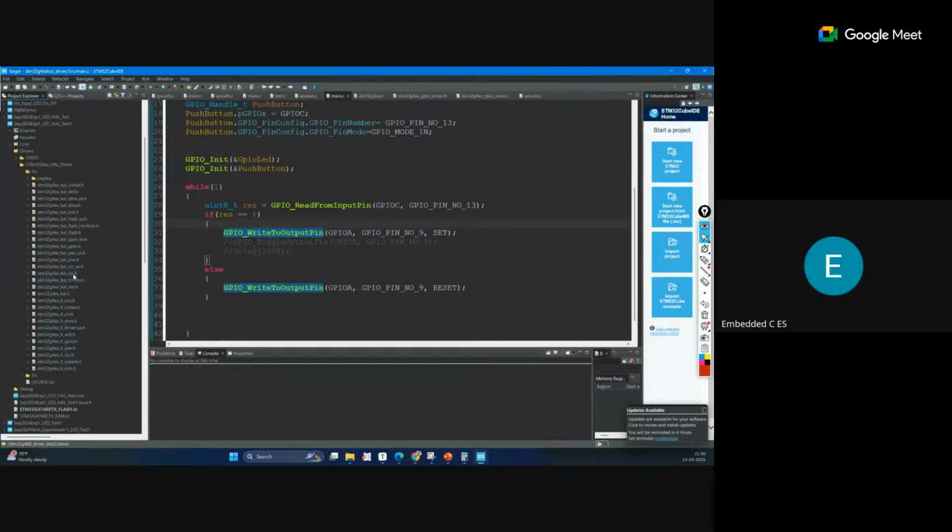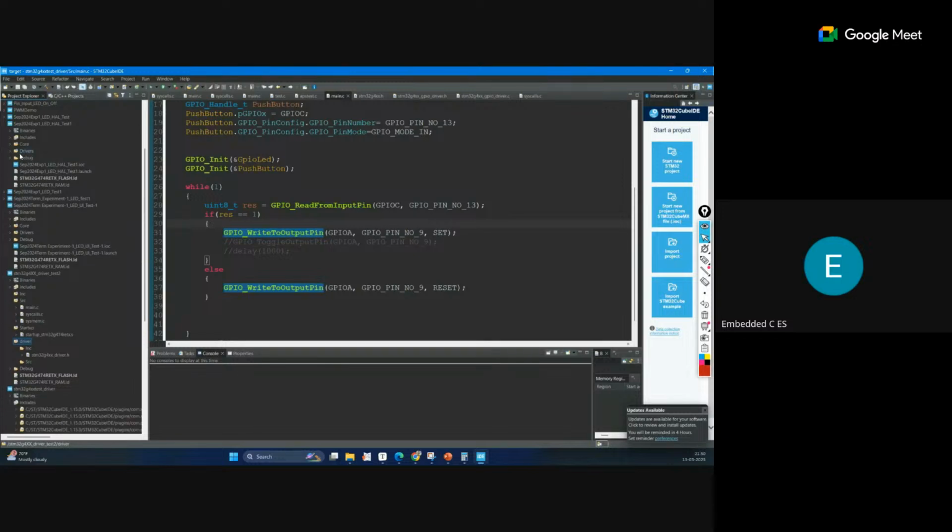RCC, DMA, all header files are inside this, and all source files are inside this. So when we are using HAL code in our main file, this library is also included in our main file. So this complete driver file.